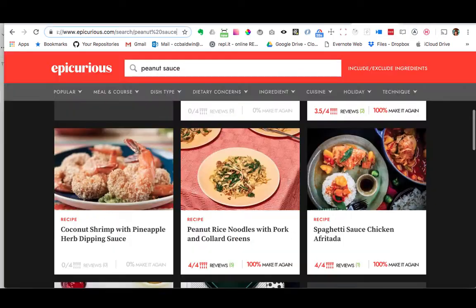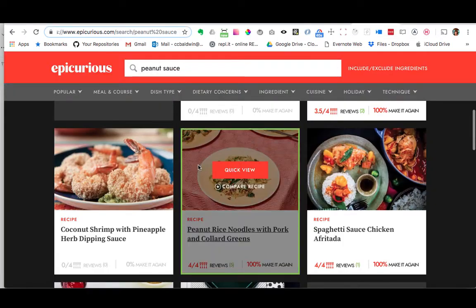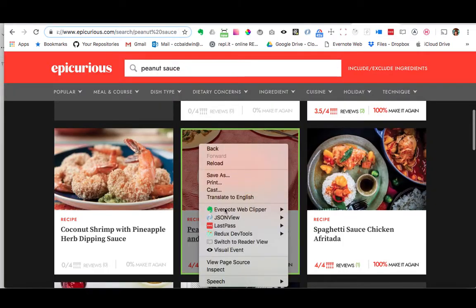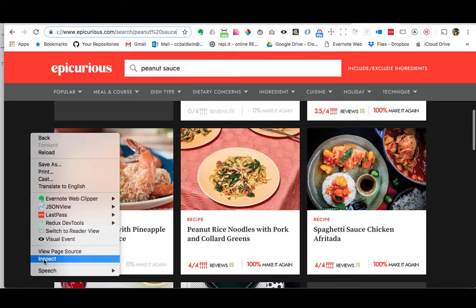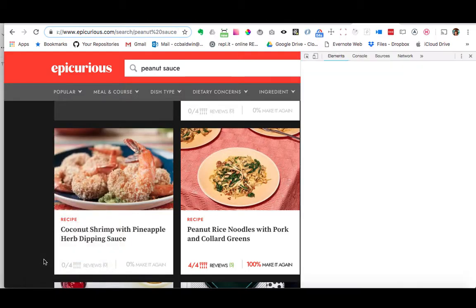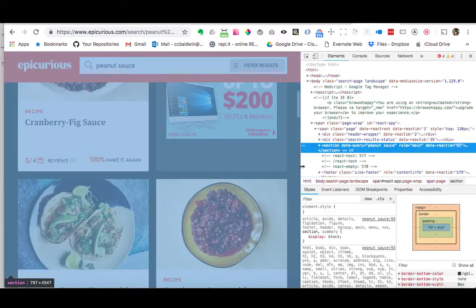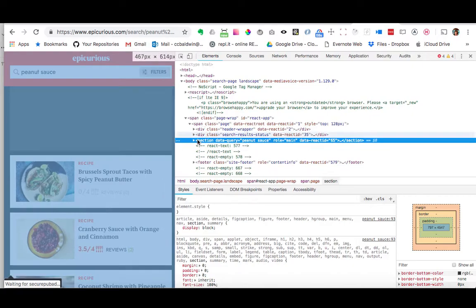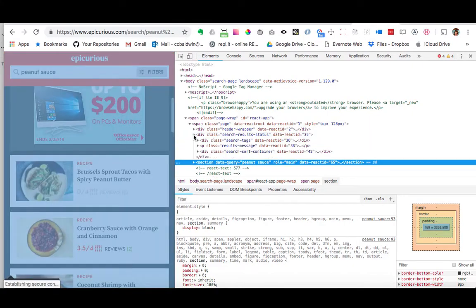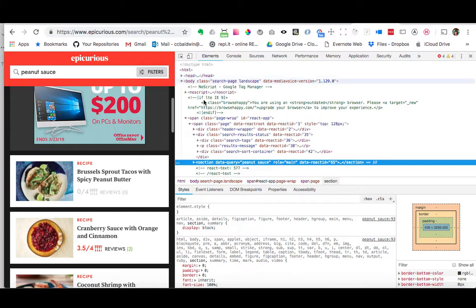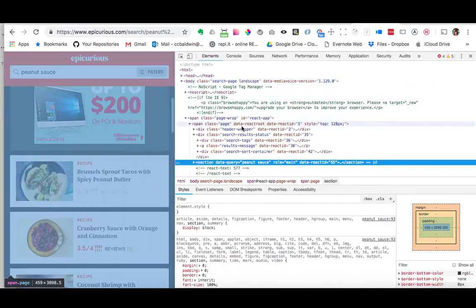And it doesn't look like a language, it looks like a bunch of pictures, but here's a little trick. If you right-click anywhere on a web page, this may or may not work for you. Sometimes you have to change your settings, but I can right-click and then look at Inspect. That brings up a side panel with a whole bunch of cluttered looking text, but all of this right here